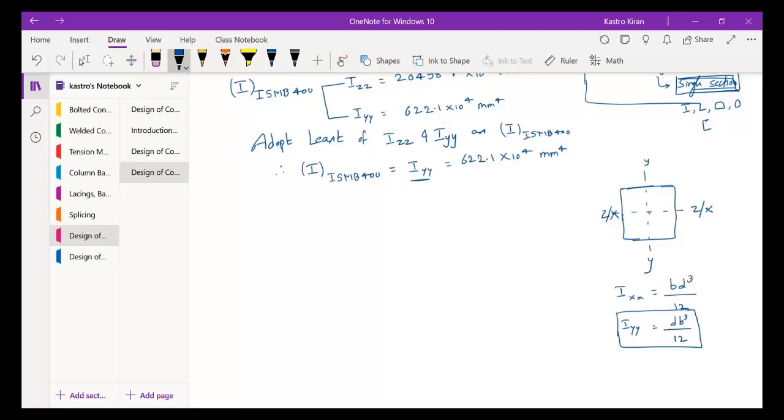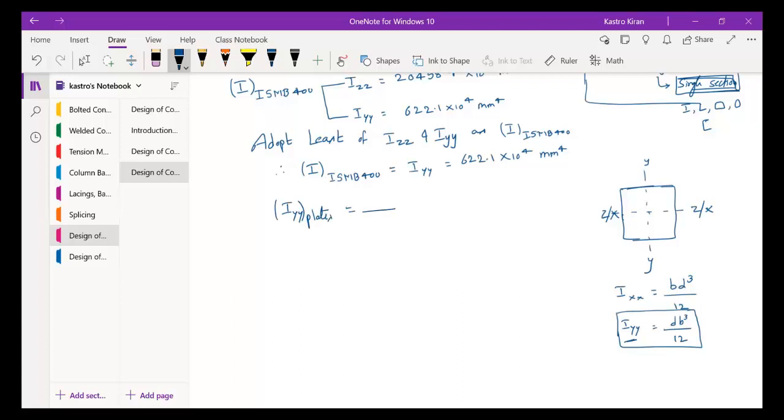Remember, whichever axis you considered for the I section, the same axis has to be considered for the plate sections. Since we have considered IYY for the I section, we are also considering IYY for the plates section. So therefore, IYY of plates